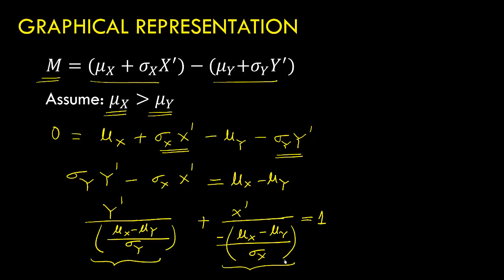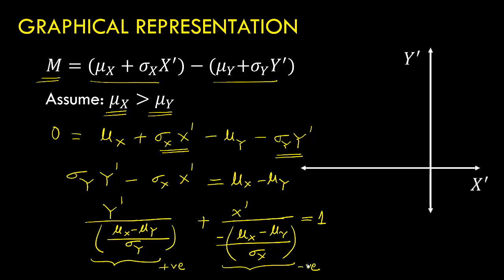So you see, since mu x is greater than mu y, this term is positive and this term is negative. So we will have a negative intercept on x-axis and positive intercept on y-axis. So let us plot this. So this is my x dash and y dash axis, and this is the limit state line that we will